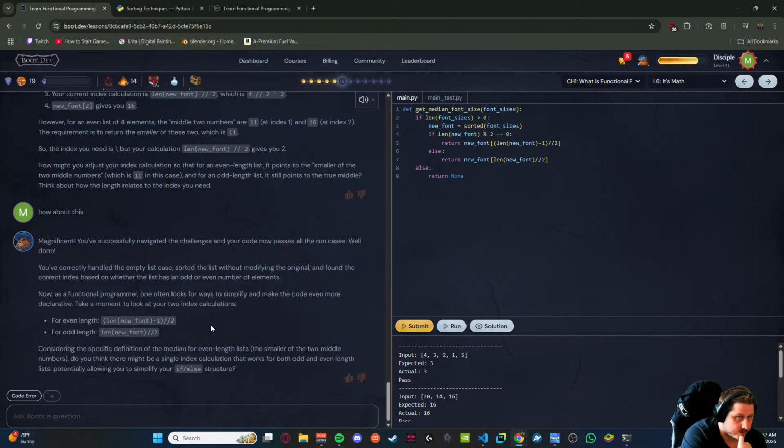Given a specific definition of the median for an even length list, the smaller of the two middle numbers, do you think there might be a single index calculation that works for both odd and even length lists, potentially allowing you to simplify your if else structure?